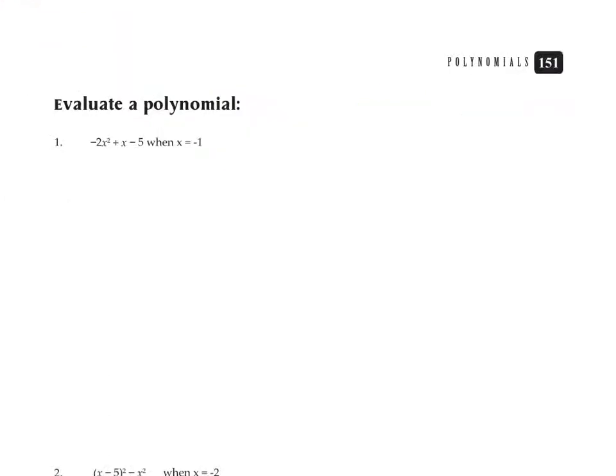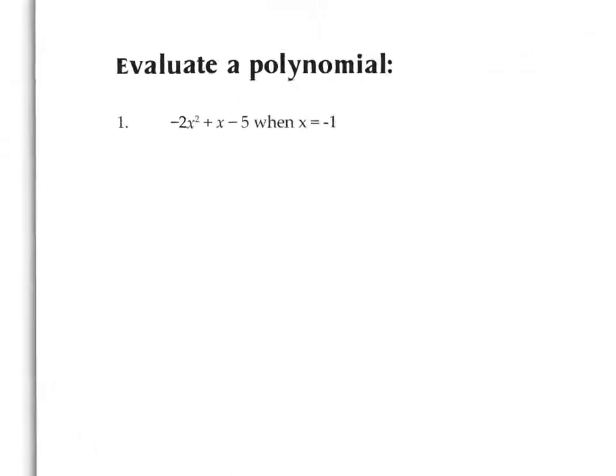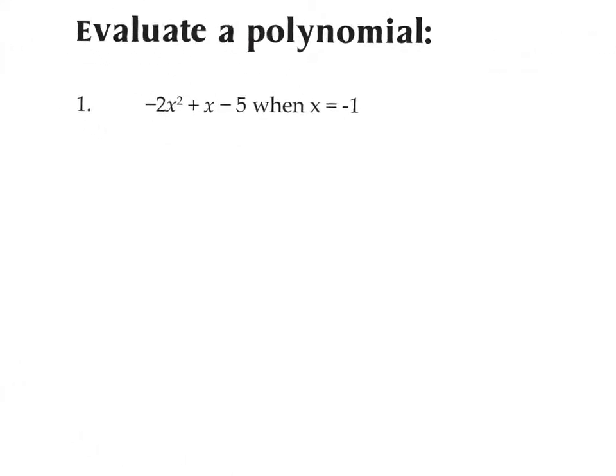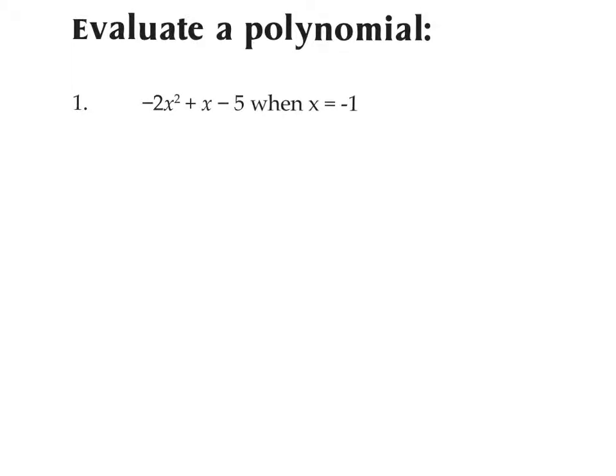All right, on this page, we're going to evaluate a polynomial. Now, if you've been watching the videos all along for this series, we did some evaluate in chapter 1, I believe, at the end of chapter 1. And this is the same thing. So this is kind of a repeat. But if you didn't watch that video, then now's the time to catch it. To evaluate a polynomial, here we have a trinomial, and we're given the value of x as negative 1. We're going to replace the x with a negative 1, then we're just going to use order of operations to